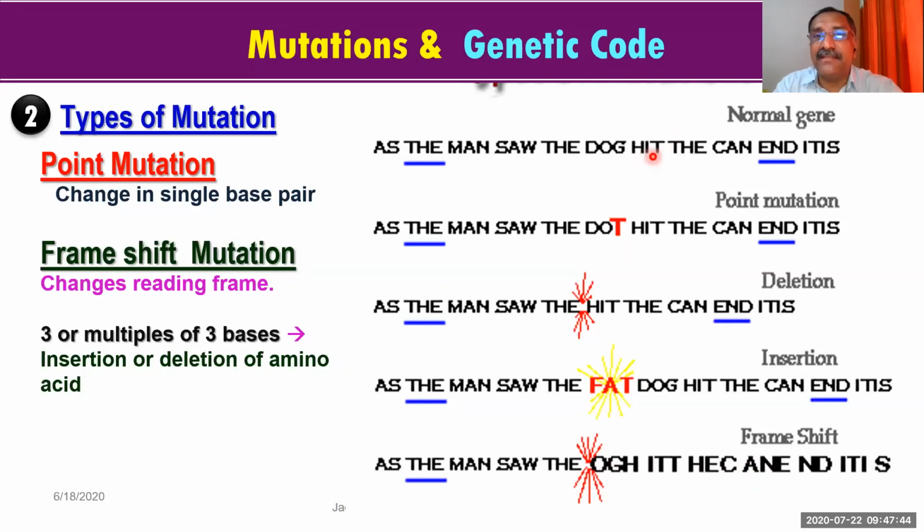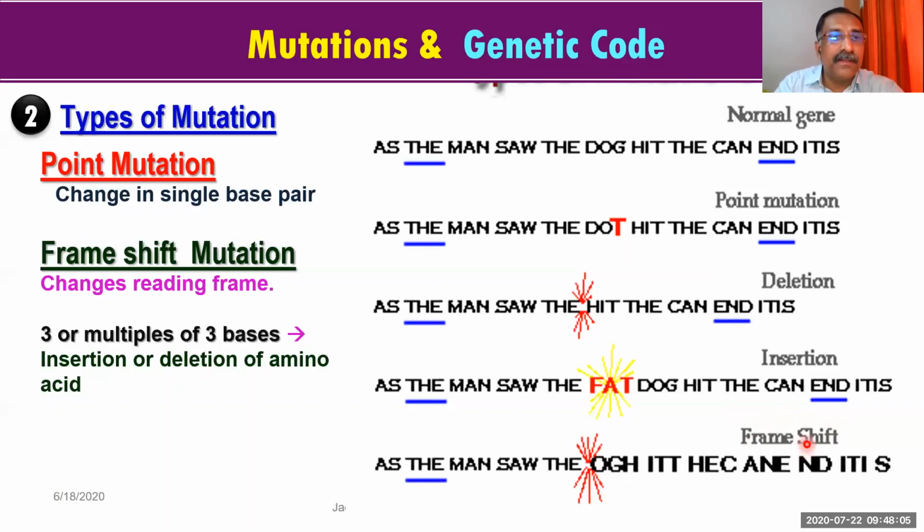Here meaning is there. Hit. H-I-T, hit. Meaning is there. Now H has gone. H has gone with a OG. See? So hit has changed. Character has changed. So this is what is called a frame shift. So wherever there is a deletion, there you can see a frame shift.